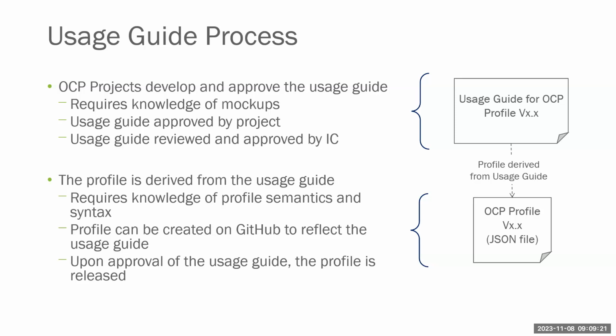And this is the document which actually goes up to the steering committee to get approved as a new profile. Once that's approved, the work can be done to actually generate the JSON file associated with that. The JSON file is needed because there's an auto validator which will read the JSON file and auto generate the tests and use that to test a conformant implementation. And that's all required in order to get OCP accepted and OCP inspired.